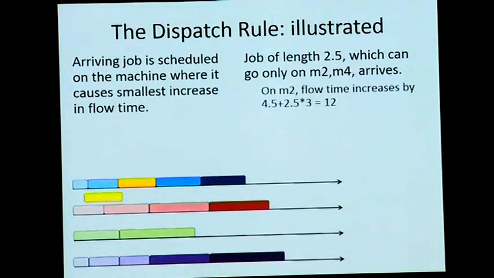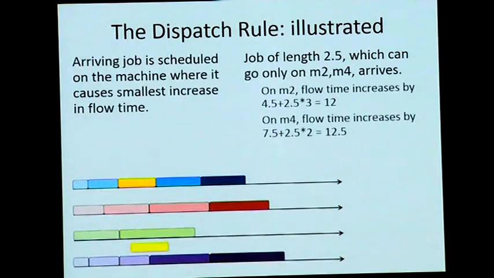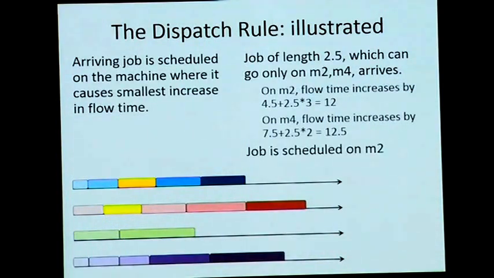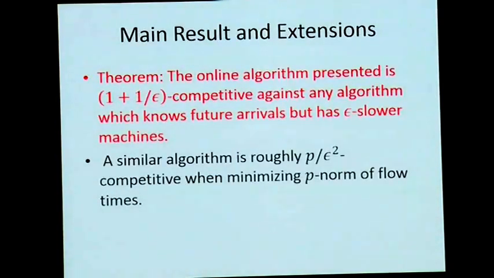This is the entire policy. Okay, so I'll quickly illustrate it on one more example. Suppose a new job comes which can go only on machines 2 and 4. So once again, for machine 2, we already saw that the increase in flow time is, and it's the same size as the previous job. So it was 2.5. So here the increase is 12. And on machine 4, the increase is 12.5. Because this is where the job would go. It has length more than the third job, and smaller than this one. So it is where it would go by the SRPT rule. And so the increase there is 12.5. And so this job should go on machine 2. And so it will be scheduled.